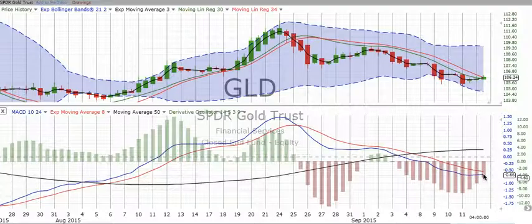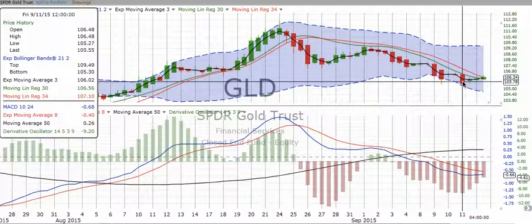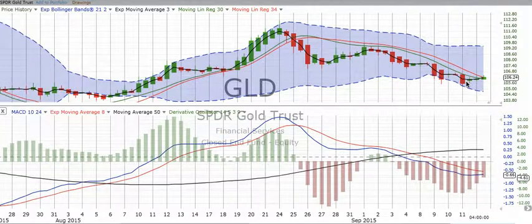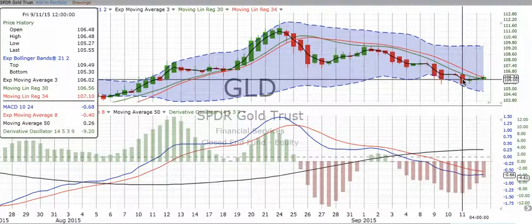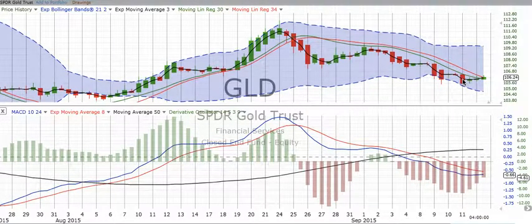The MACD has not crossed over, nor has the derivative oscillator. If they both cross over at the same time, that would be a really good sign. All the movement that we see over the last 3 half-day candles is totally contained in the down candle on the morning of the 11th of September. That was Friday, this last Friday. So continue to watch gold. Might have a good point for buying in virtually.